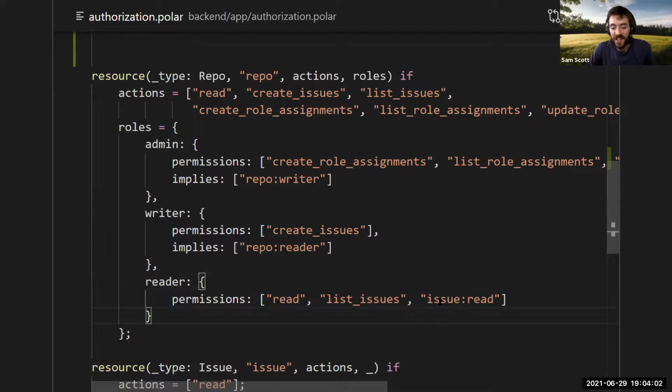I think there's an argument that maybe you should have an issue editor, because I want to be able to assign someone, say in Jira, hey, you're now the one who's triaging this issue. You're the issue editor, but you don't have any other access. But maybe you don't have that use case. You only care about what permission they have in their repository. So that's all you need to think about. And that's the idea.